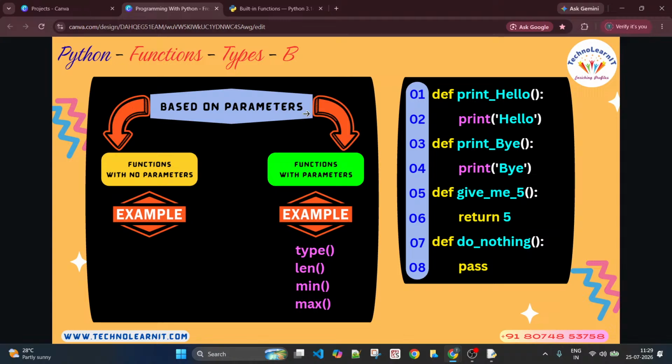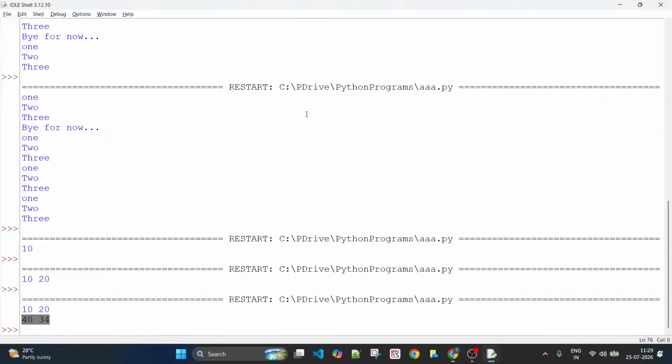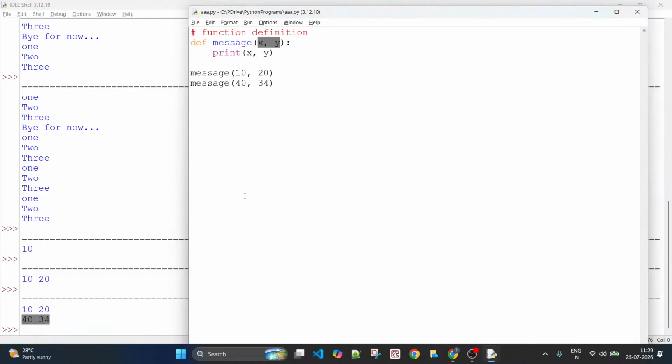When the function takes at least one argument, you can check its braces. If you look at this, you see the braces. In the braces, you have two variables. It means that this function takes two arguments.